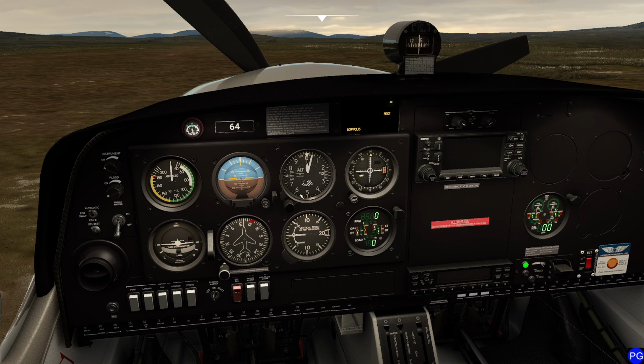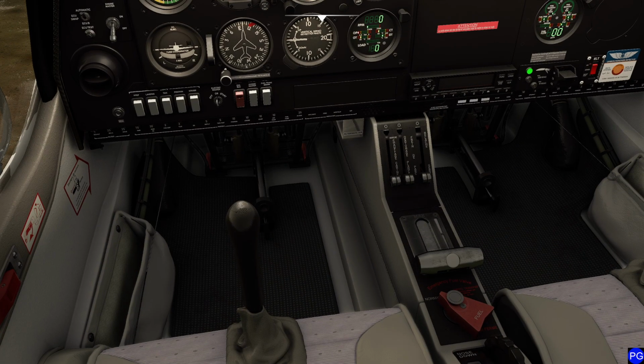All right, now what we're going to do is check the low coolant warnings, which I do not see any warnings for, so I'm not concerned about that at all. We're going to make sure our rudder pedals are just...